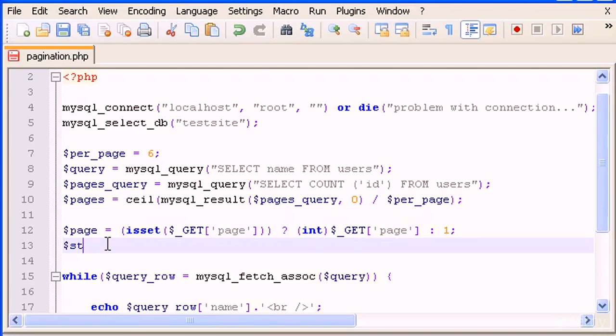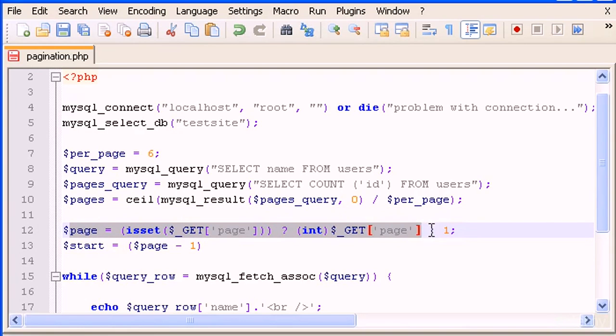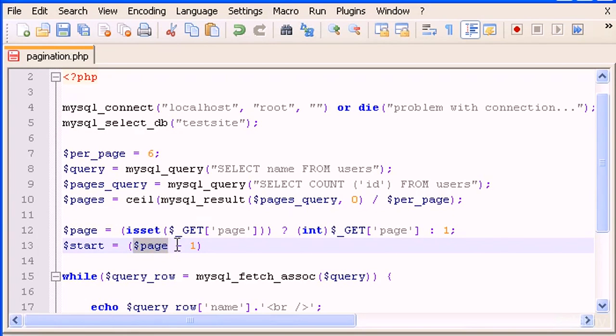Now let's type a new variable called start, and start is going to be equal to page minus 1. This means that the page, which is here, which is 1, is always going to start at 0. So page is 1, and this minus 1 sets the first page to 0, and as you know, we always start with 0 in PHP. So by